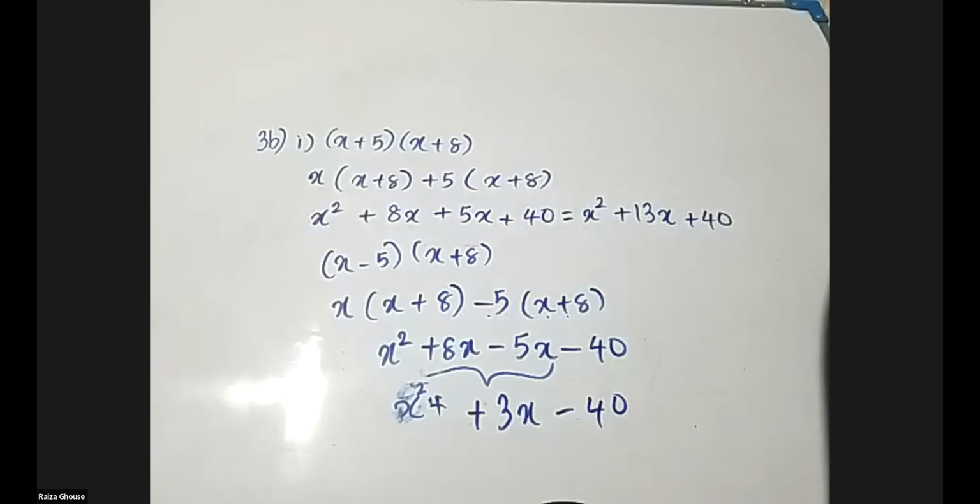Exercise 4.1 on page number 42. You can see same type of questions are there in the first question. So I'm going to continue the lesson along with that. But before that, write down the topic, product of two binomial expressions. I'll discuss few examples and go to the lesson. Product of two binomial expressions is very similar to the one we discussed right now, but there are some complex parts like fractions and all.